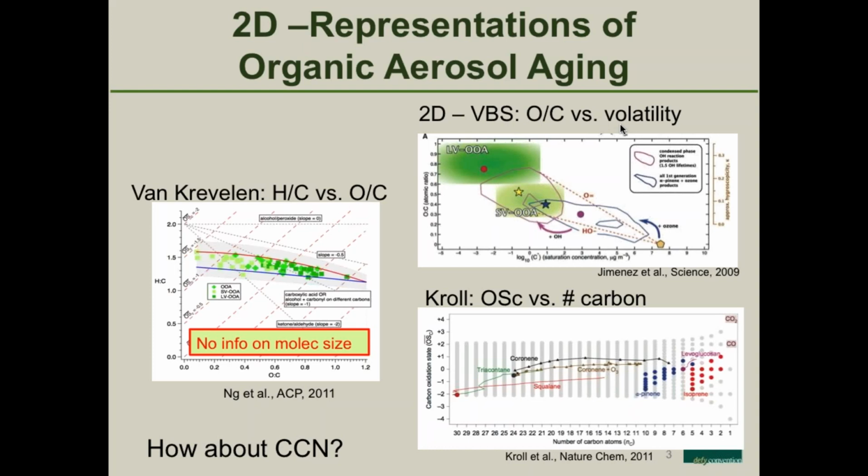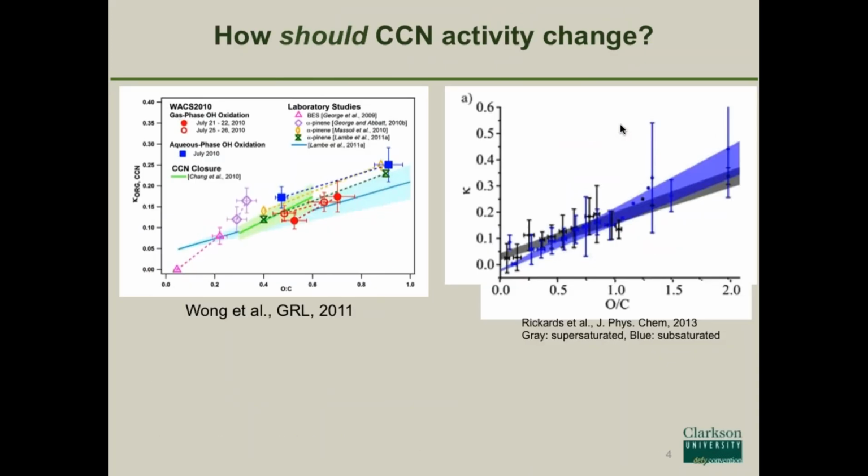So how about CCN? I think many of you have seen this kind of representation, and this is a figure from one of John's papers. Y-axis is the hygroscopicity parameter kappa, which I will talk about in more detail later. But anyway, higher kappa means more CCN active. X-axis is O:C ratio. So as molecules get oxidized, it seems like kappa increases. In 2011, a couple of years later, this paper took a more thorough survey of available literature data. So again, there's a lot of noise, but overall, it seems like kappa